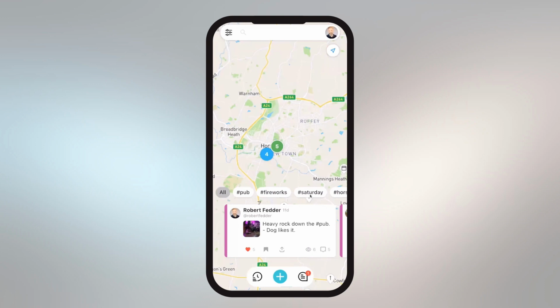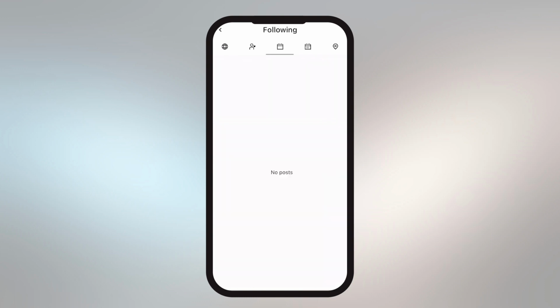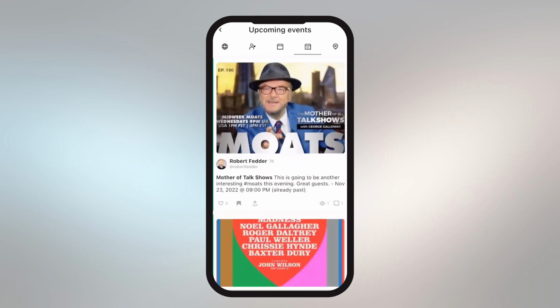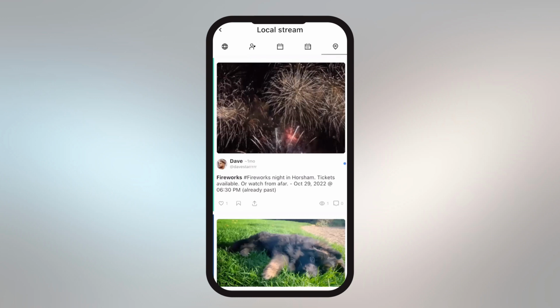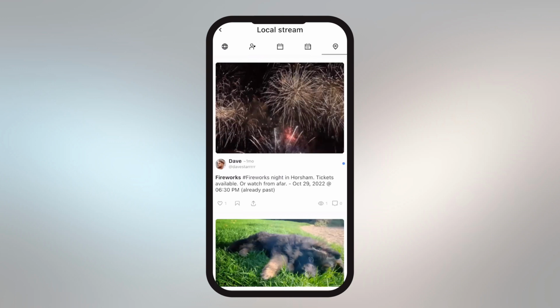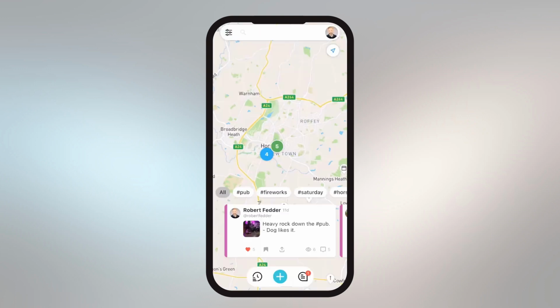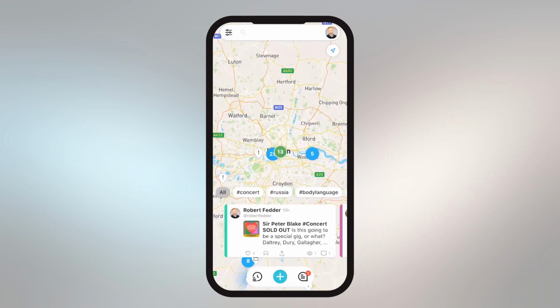Now, I know there are a number of events and things going on. So I'm just going to go back into the stream view again. You'll see now I have a local stream because there are things in that location. And if I were to zoom out and now tap on stream view,